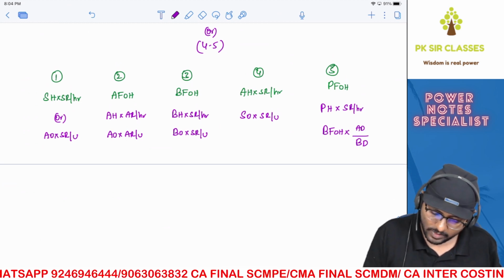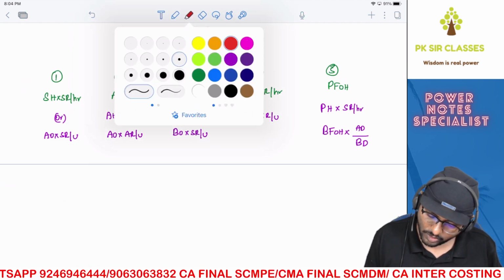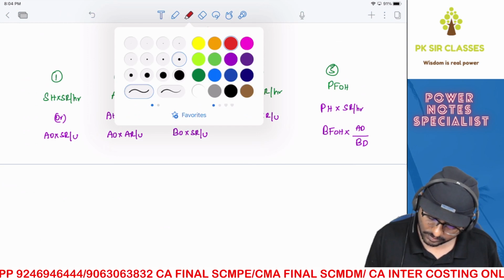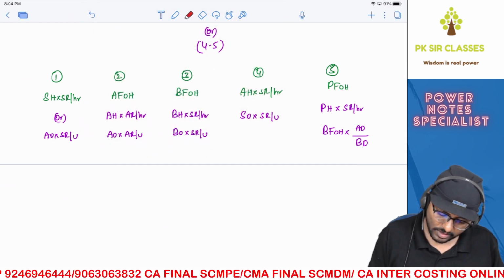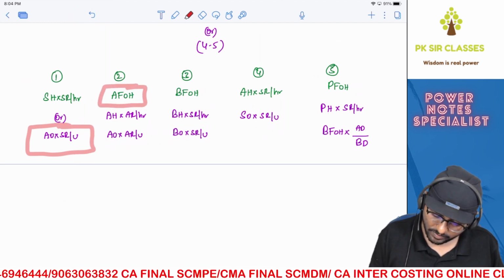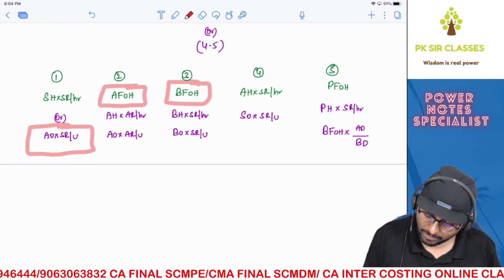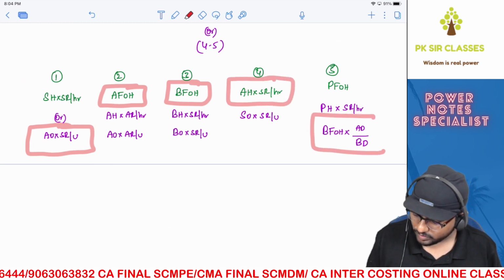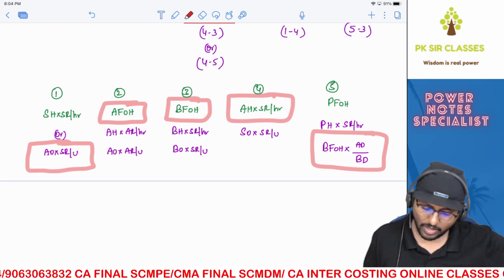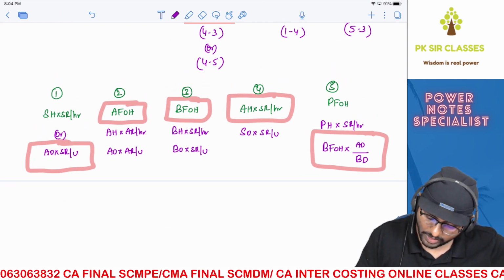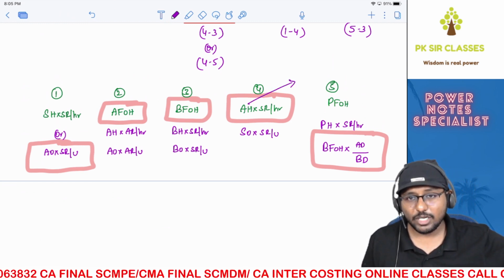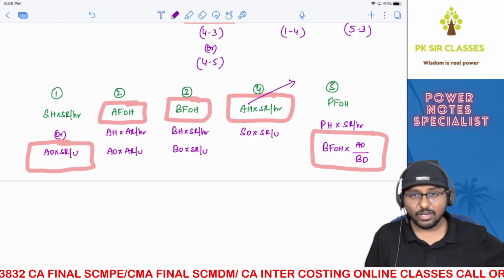You got the point? Now I will round up the frequently used formulas. Here it will be this one, this one, this one, this one, this one. Whatever I have rounded up are the frequently used formulas. Now here again you can have a doubt: sir, here again we have AH, is it AHW or AHP? We will answer at the end of the discussion.